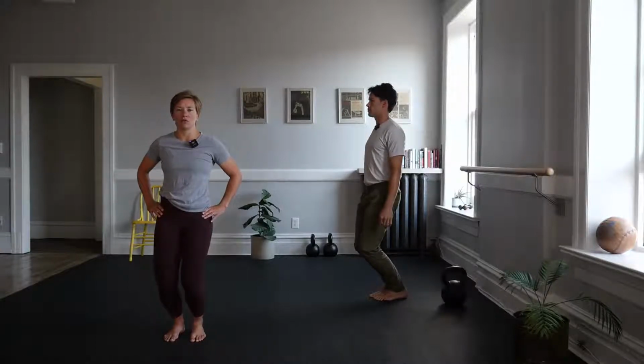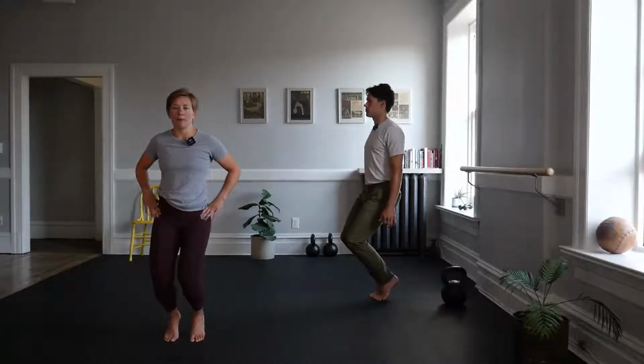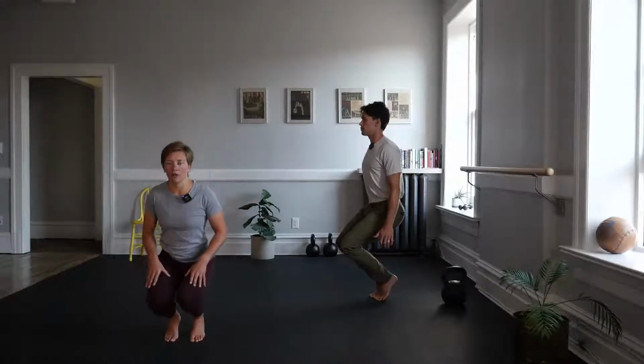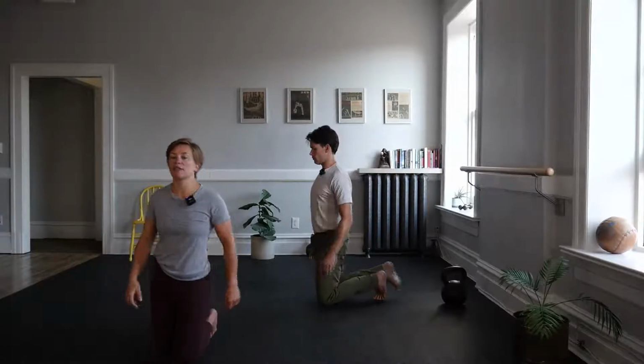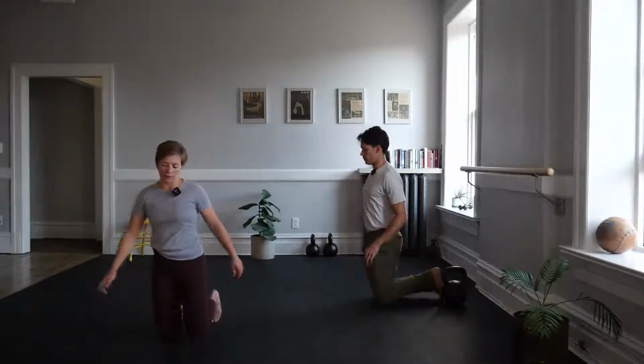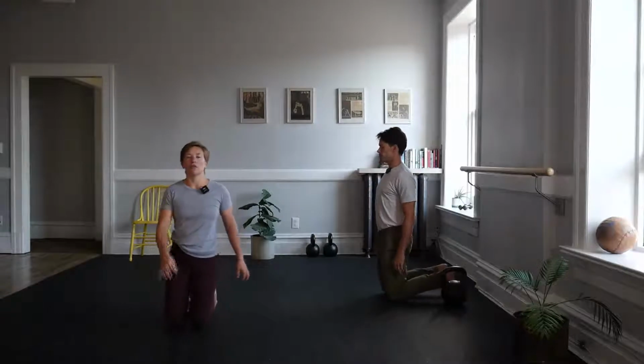Knees go over the toes. The heels will come up. Now try to sink lower. And then with or without your hands, knees will tap down. Hips will extend. Let's stay in this tall position for a second and bring one knee out into that kneeling